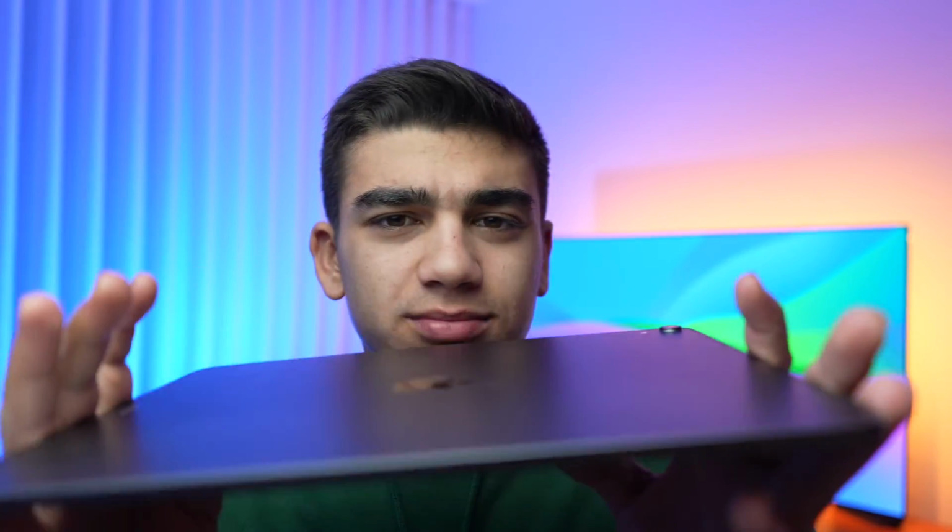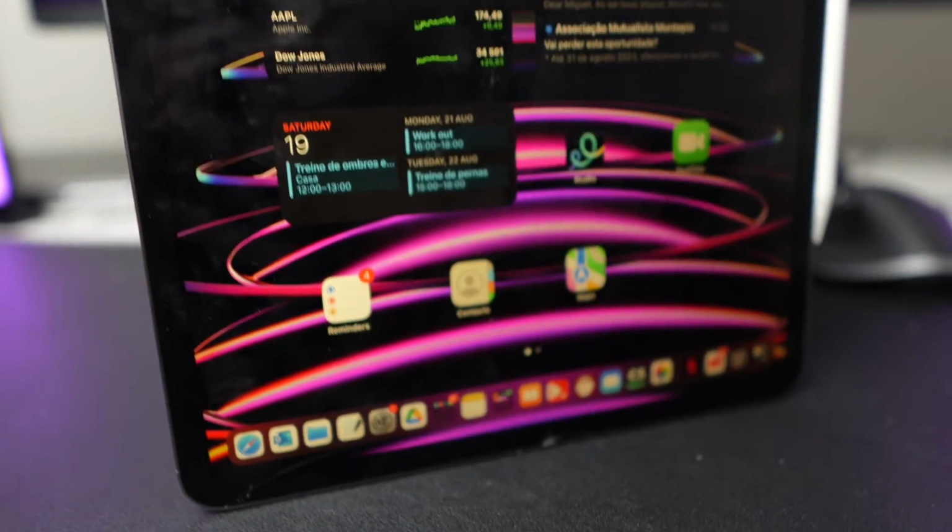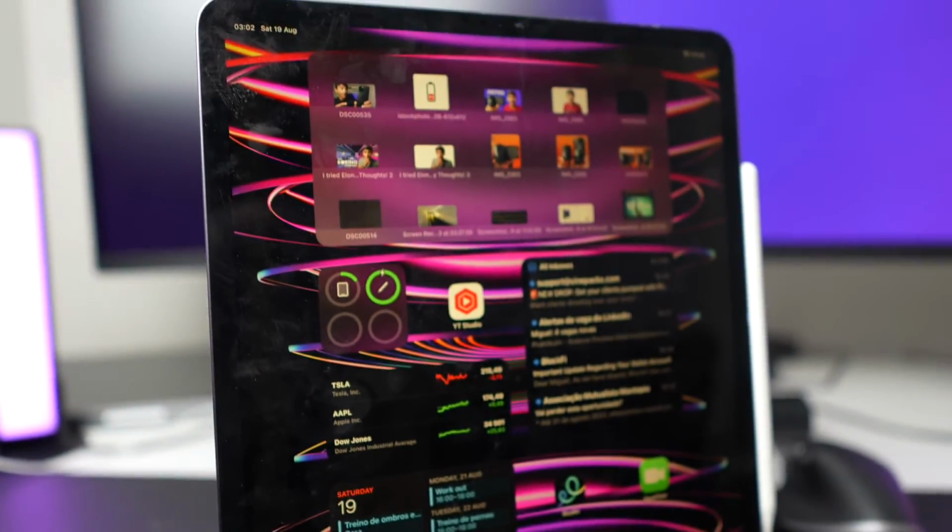But if this iPad Pro, the 2018 generation, is like 6mm thin, imagine an iPad Pro being 5mm thin. Insane. That's almost 20% reduction in thickness. That's insane levels of thickness. Like, this is going to be like a piece of paper. Insane. And then, coupled with this, you got an OLED display, you got a 13-inch size display, you got